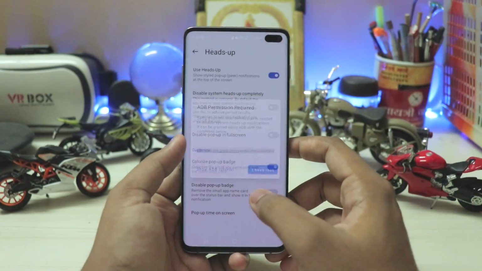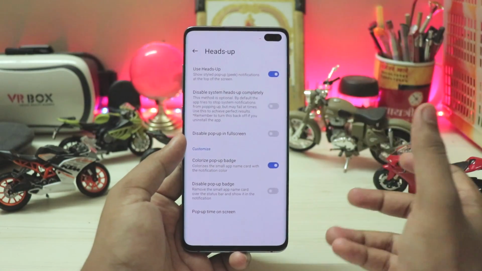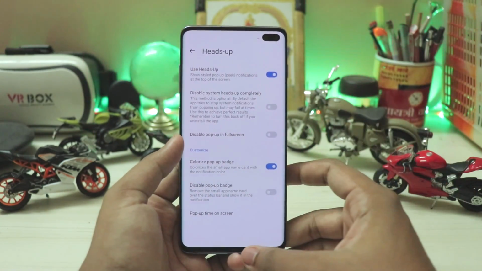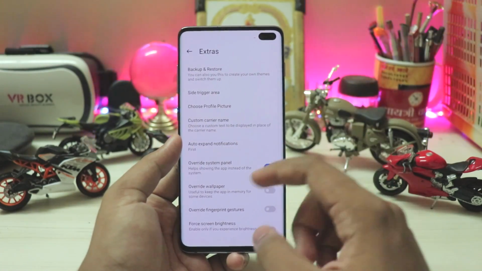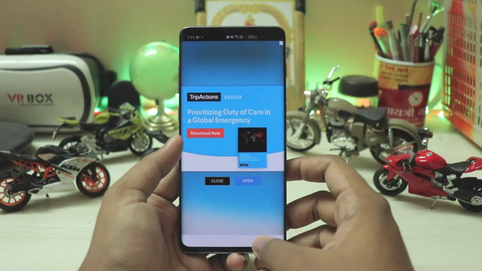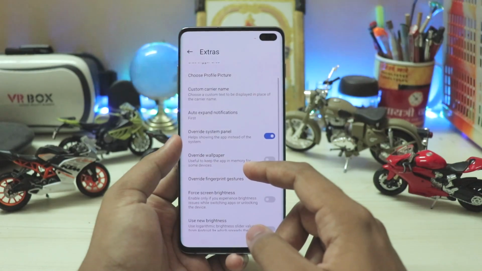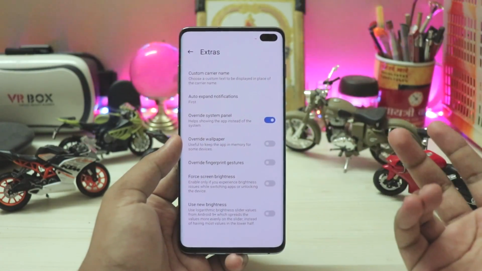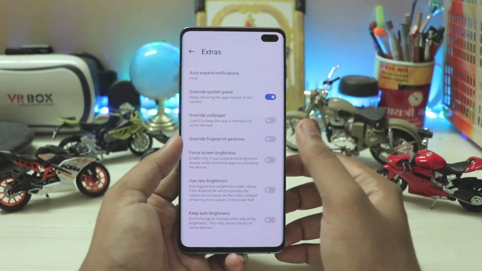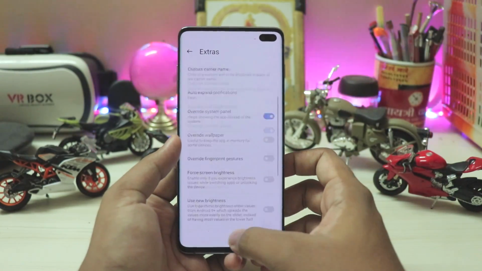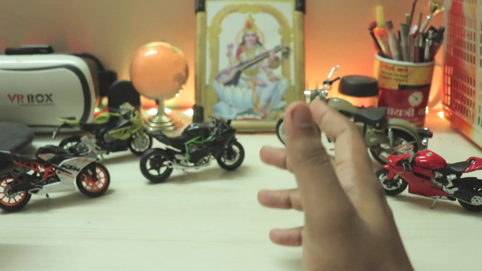I guess the developer has actually run a lot by porting these from different OSs. Again, you have the extras right over here, like the trigger area, and it does have apps, of course. It's well deserved. You have override system panel, which again works great. My One UI only pops up on the swipe down on home screen, so that's great. Again, how to get it working is very simple. It's just a normal app, but let's just compare it to the official thing.